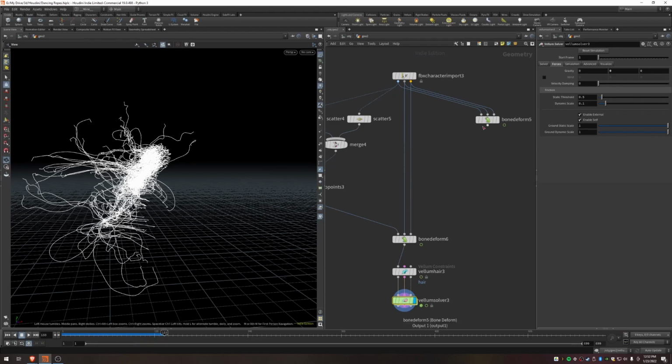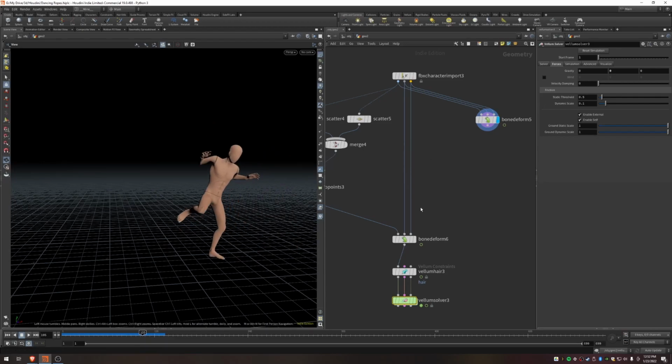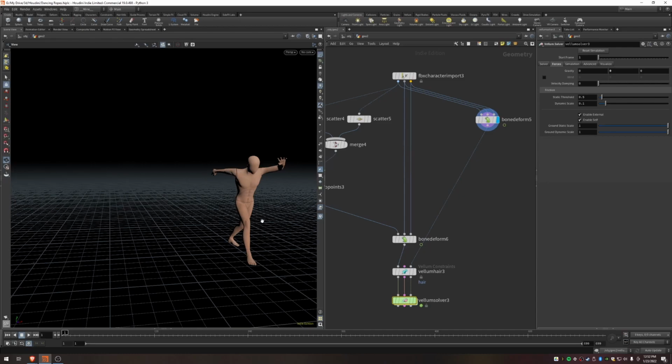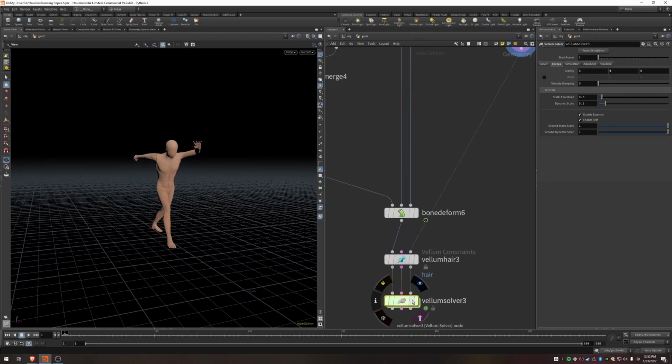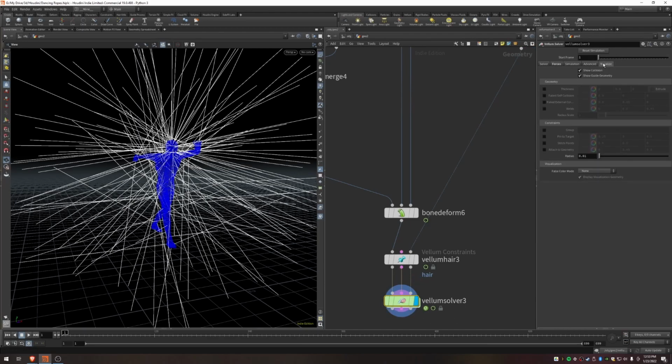So what we want to do is we have the character that we animated before. I want to bring that into this last input for the collision geometry. That way the lines, they're anchored to the spots on the body, but then also they'll hit the body and wrap around it. We don't want to see the body, we just want it to collide with it, right? So if I turn on the Vellum solver, and then I'm going to go over to the Visualize tab. I don't like seeing the guide geometry and the collision geometry. So if we hit play,